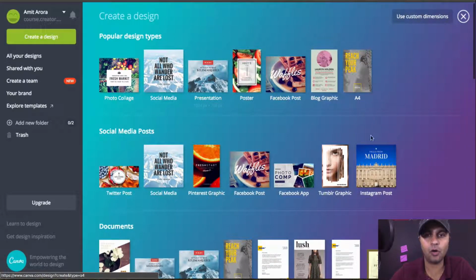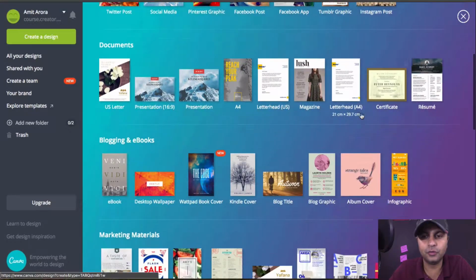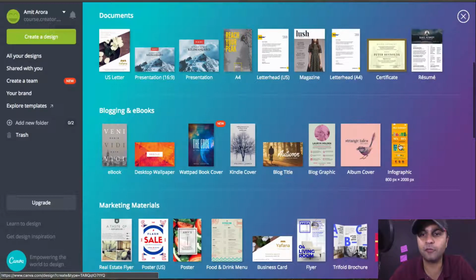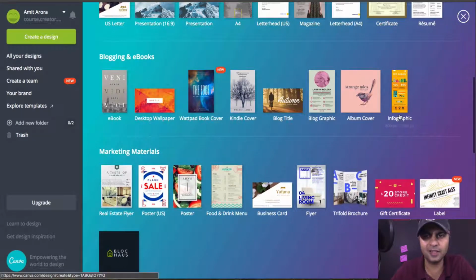Okay, so these are all the designs, and that's what I love about Canva, they already have everything pre-sized, pre-dimensioned out for you. I don't know if that's a word, dimensioned out. We'll continue. So you can scroll through and see what you like best. Infographic is a popular one. Everyone loves infographics. There is a special website for that if you are a total hardcore infographic junkie. It's, I think,